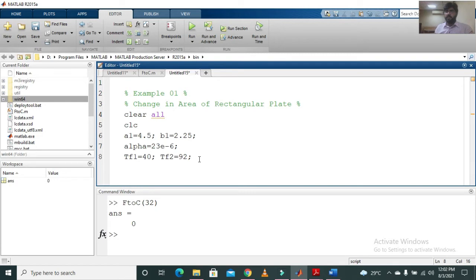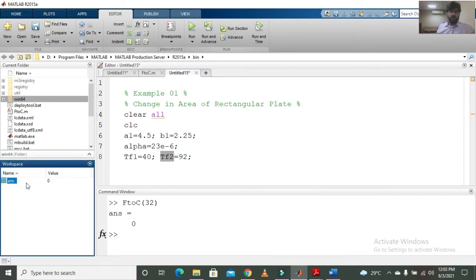As I mentioned, we have separate variables for the function file. The TF of the function file and the TF of this script file are not the same. The function file has a separate directory to store the variables. The script file or command window has a separate directory, which is shown over here in the workspace window.